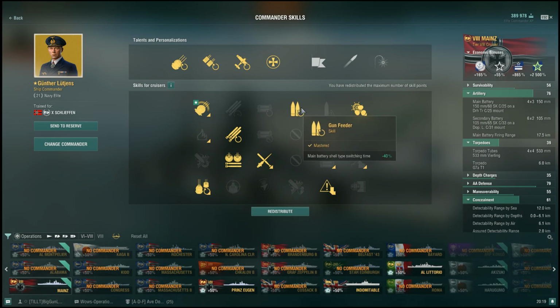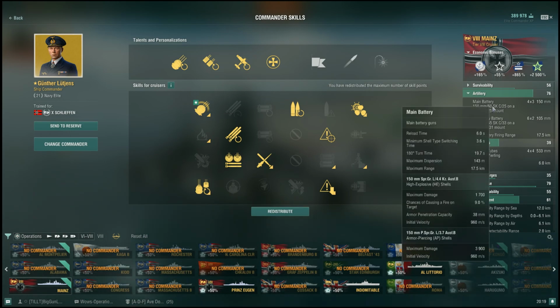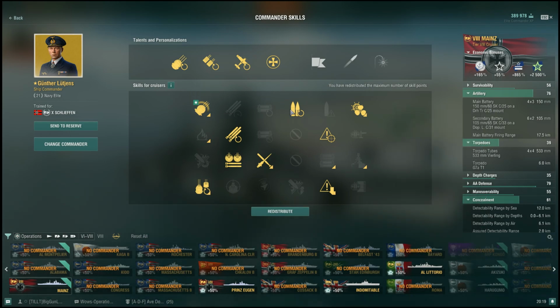Gun feeder, because you should be swapping between HE and AP a lot with mines. You want to use the AP because they do heavy cruiser damage with this caliber. So all the other nations' heavy cruisers, and German light cruisers, do the same AP damage. So that's why we have that. And then Last Stand, because we don't want to have a broken rudder or engine be stuck. Otherwise,